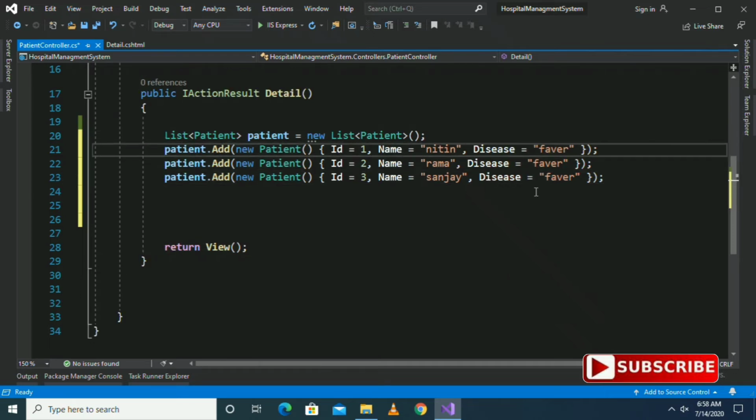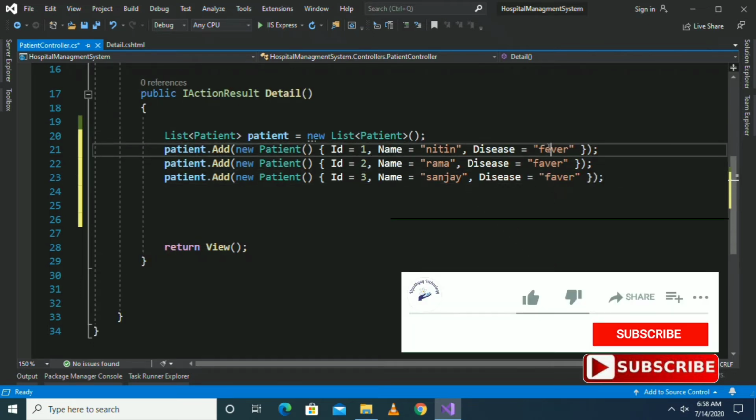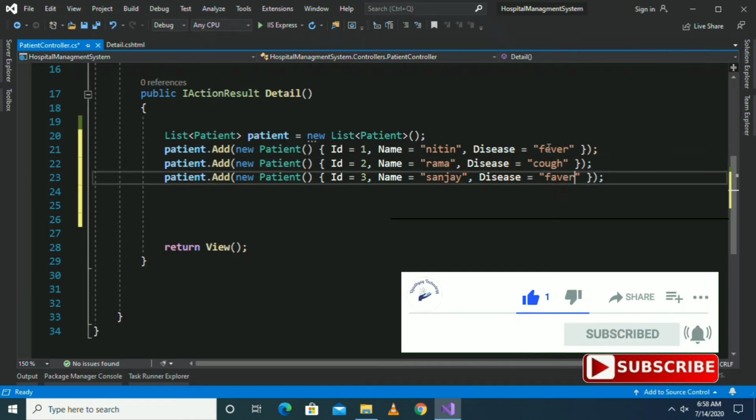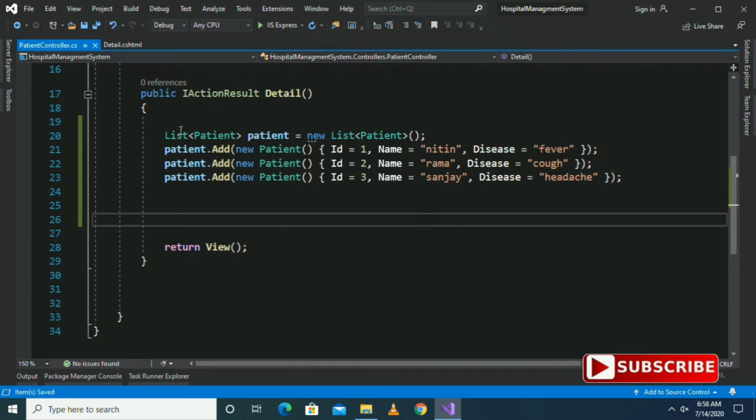Here I have made the fever spelling wrong. Cough and headache. Now I have declared a list of patients and these three records are present in this list.